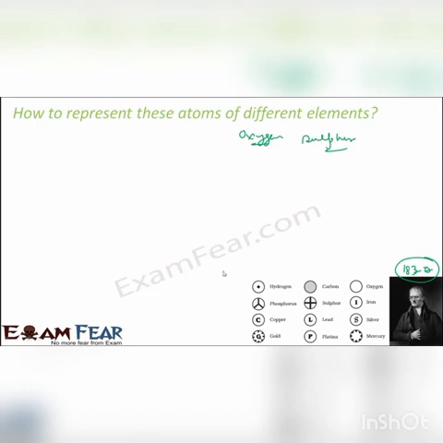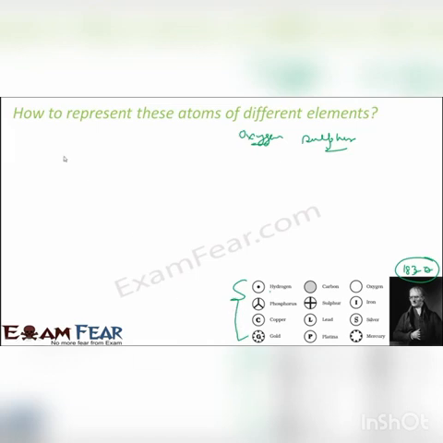So Dalton proposed this idea of representing atom like this: hydrogen with a circle and a dot, carbon with a circle with a shade, oxygen with just a circle without any shade, phosphorus with this Mercedes shape, sulfur with this cross shape, iron with I here, copper with C, lead with L, silver with S, gold since it glitters, so extra dots here for gold, platinum is P, mercury is M. These were the shapes suggested by Dalton.